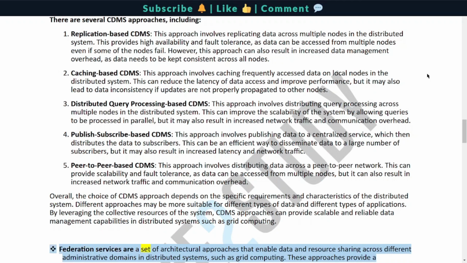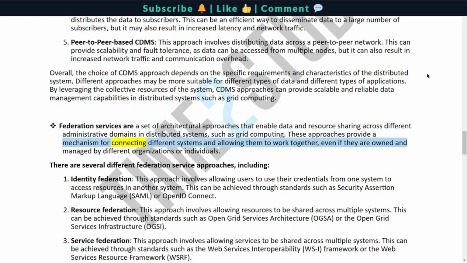Federation services are a set of architectural approaches that enable data and resource sharing across different administrative domains in distributed systems, such as grid computing. These approaches provide a mechanism for connecting different systems and allowing them to work together, even if they are owned and managed by different organizations or individuals. There are several different federation service approaches, including